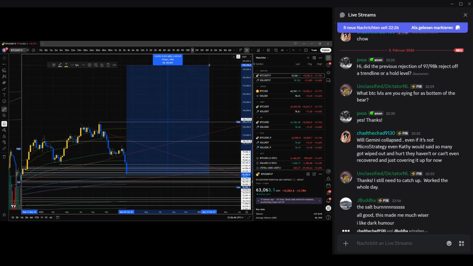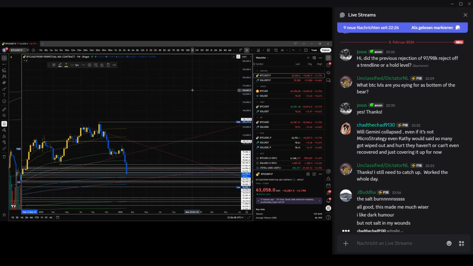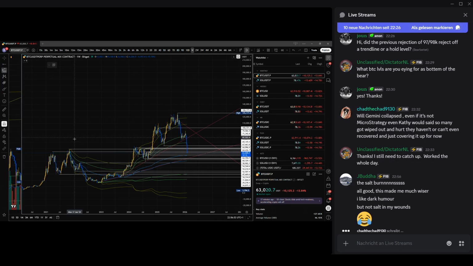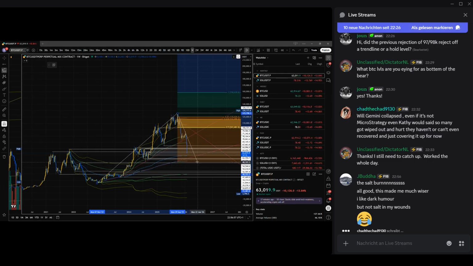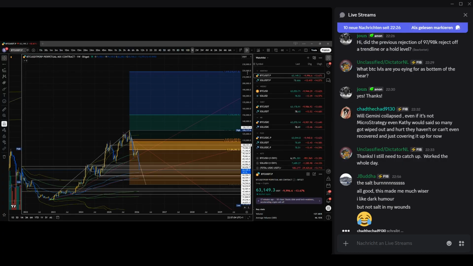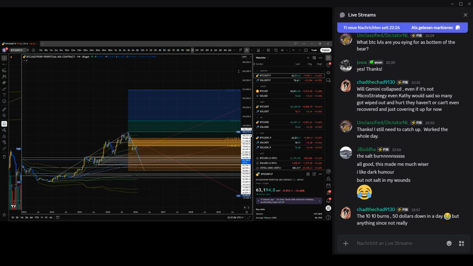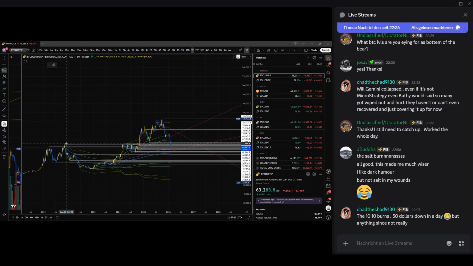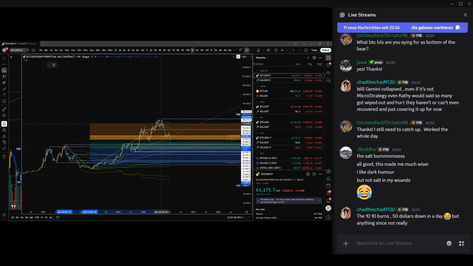Then yeah, 200 is anybody's guess. I have the FIB extension I just shared in the chat earlier. If I put it down here, up here, and put it to my 38, 40K level target, then just like the current top was predicted by this method also, you get like a 200K plus, which is pretty reasonable. So just for you guys to see it again, if I apply, oops,